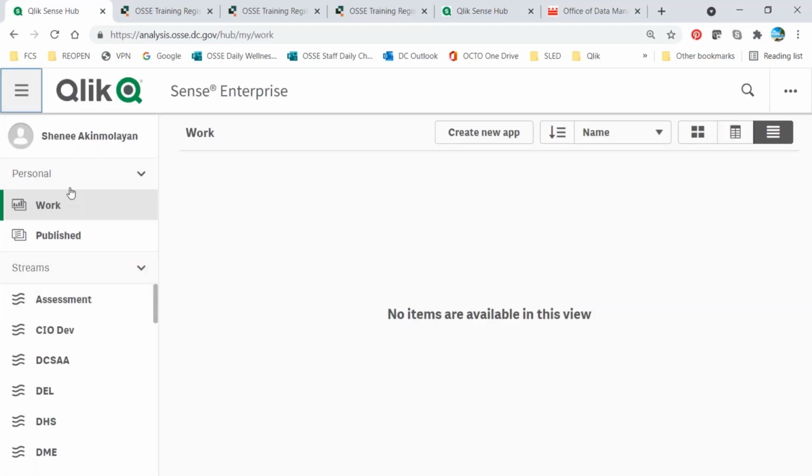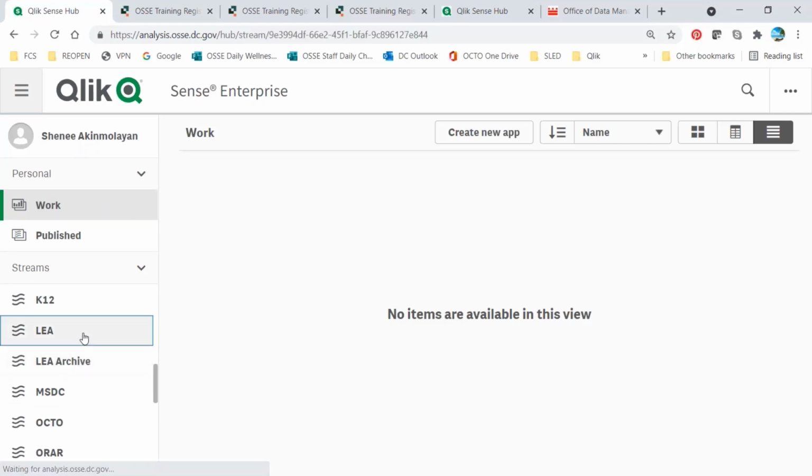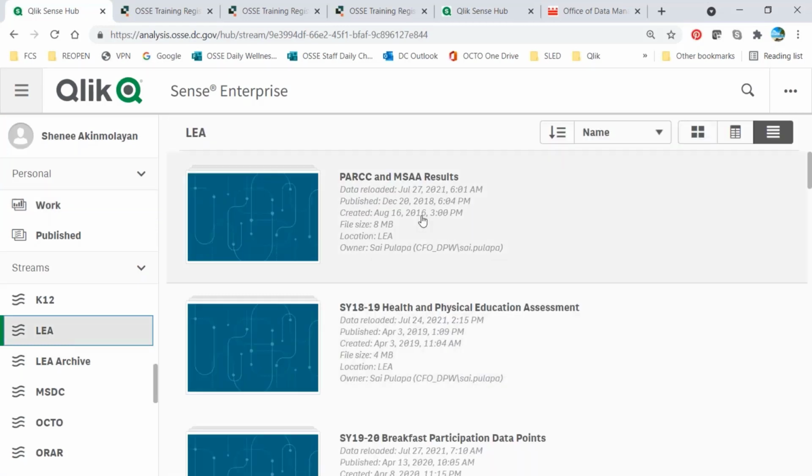When you log in, you should see on the left-hand side what are considered to be streams. You will have a stream for LEA and LEA archive. You will also have a stream specific with your LEA name on it. Most of our applications for you are listed in the LEA stream, and this is a list of your applications